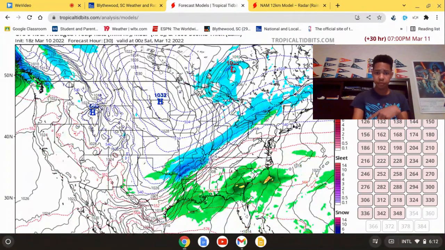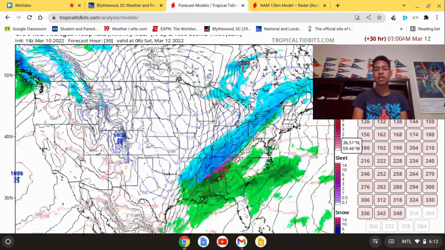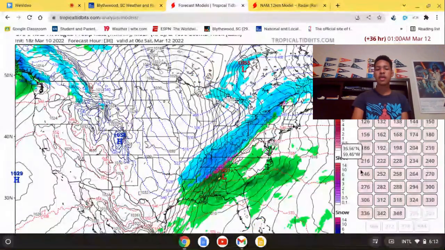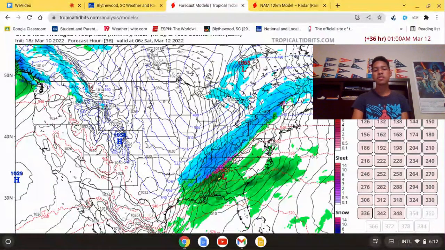And then as we move into tomorrow night, you can see a lot of snow, maybe some heavy snow into Arkansas, basically the entire state of Arkansas. And then as we get into early Sunday morning, it starts to get even further south. Maybe Jackson, Mississippi, we'll see some snow. Northern Mississippi, Western Tennessee, Nashville, Memphis, we'll see some snow.